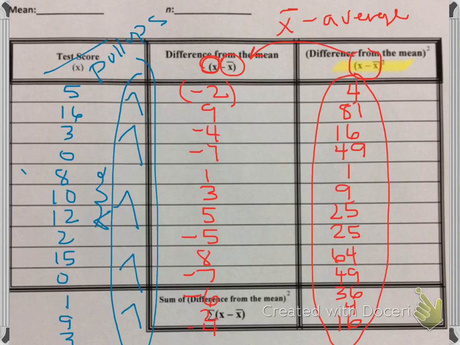Now, in order to find what we were looking for, that standard deviation, what I'm going to do now is find the average of these numbers. So take all of these